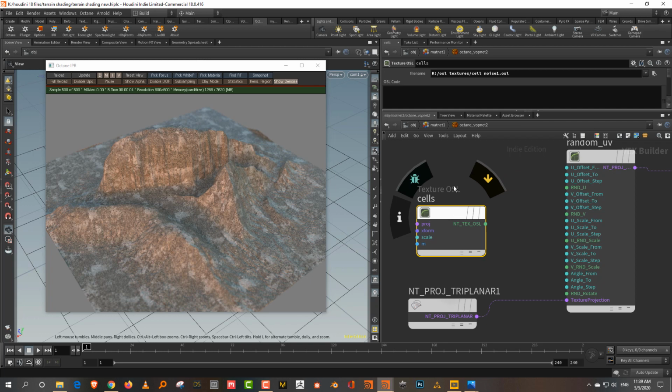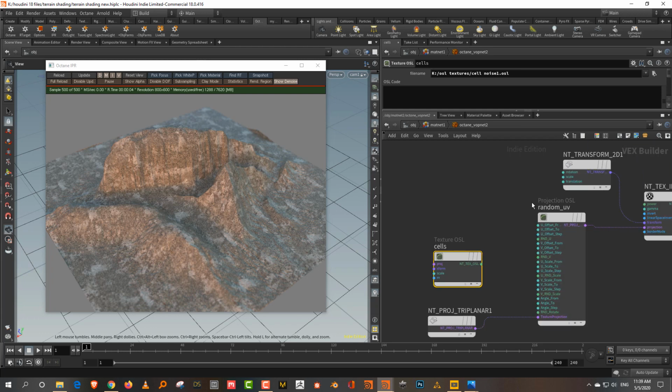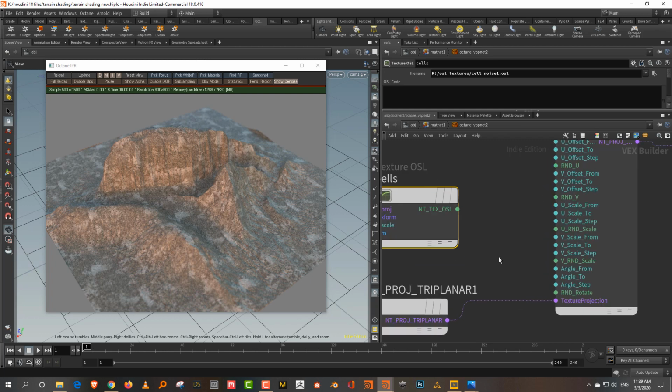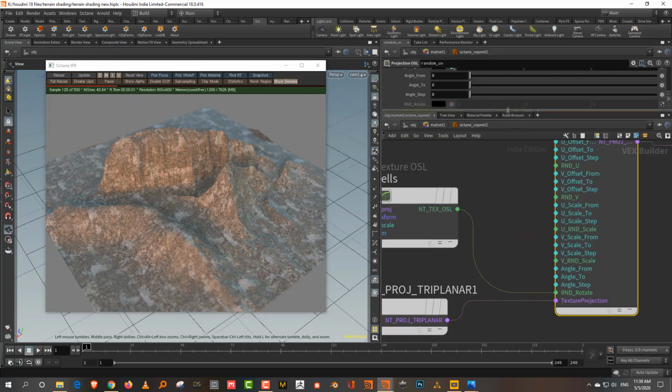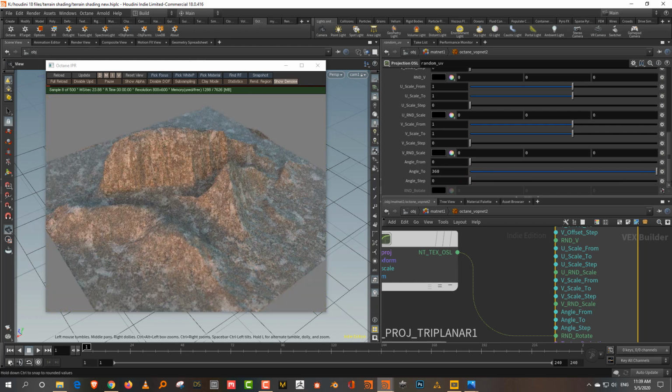This is actually a 2-line code. Even with that much, the UV distort is literally a 1-line code. So if you understand even the basics, you can do a lot with it. What you do is take this and plug it into random rotation, then come down to the angle step and increase that and see.